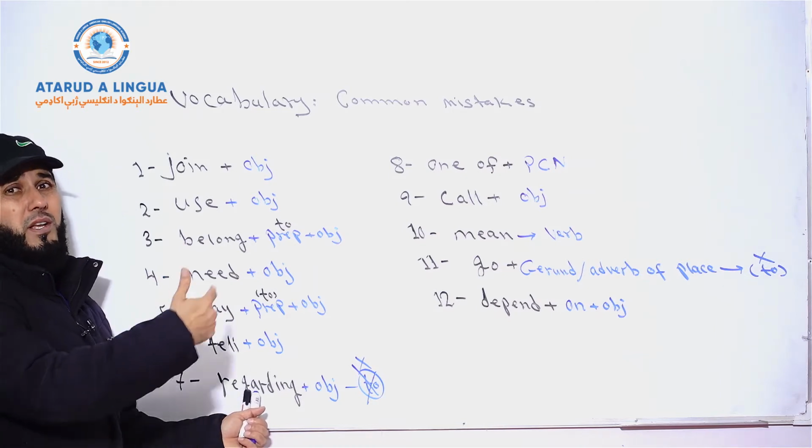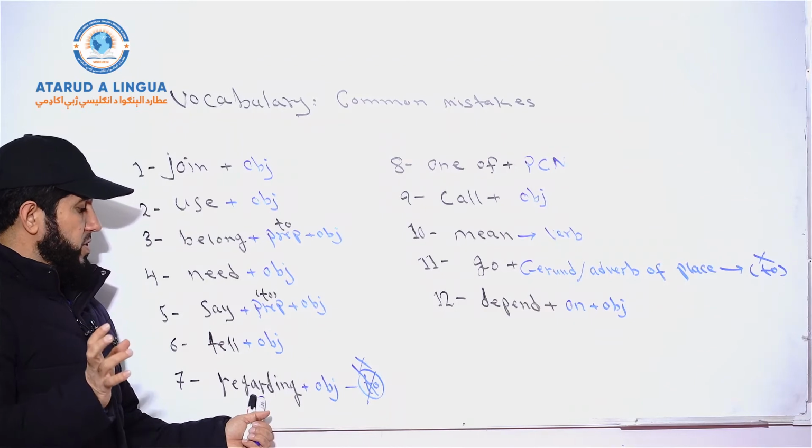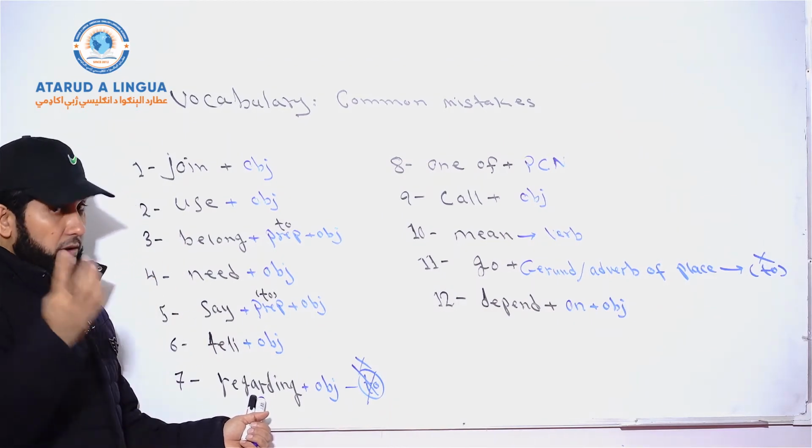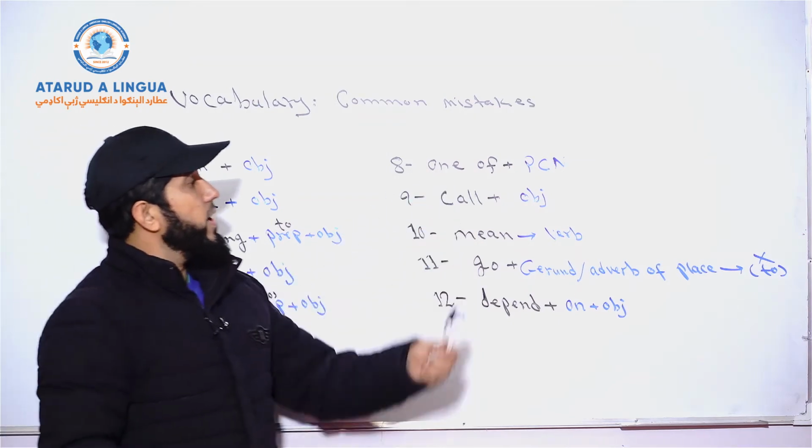So we do not say "regarding to the situation." It's a one-word preposition and there's no "to." But I've heard many people using it that way, which is not correct. And here we have "one of,"